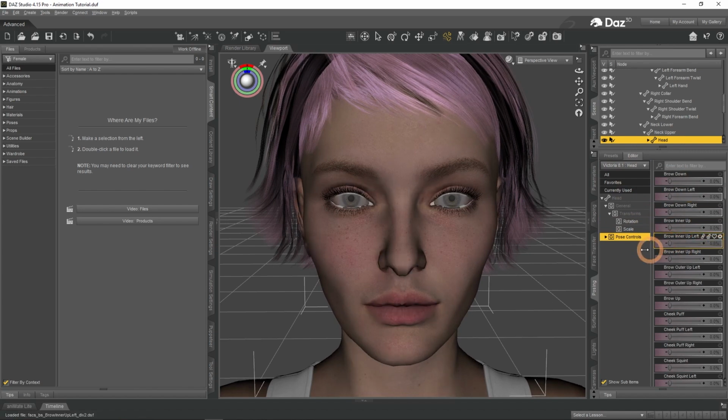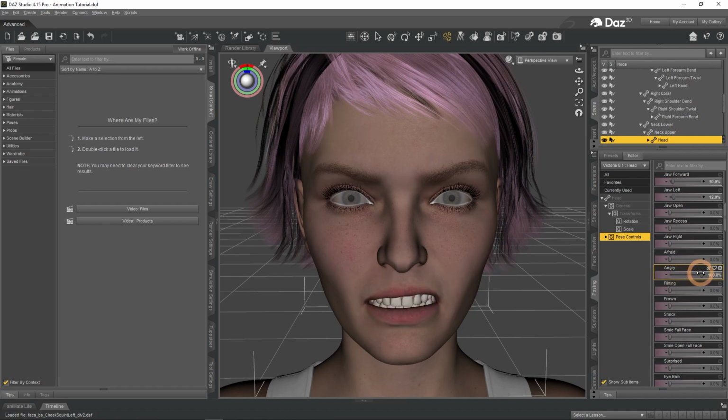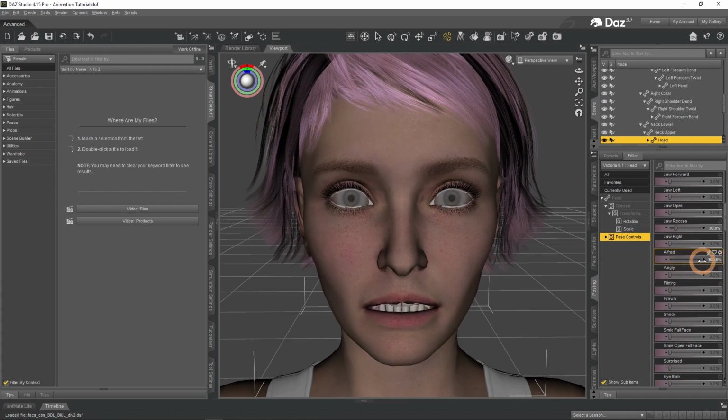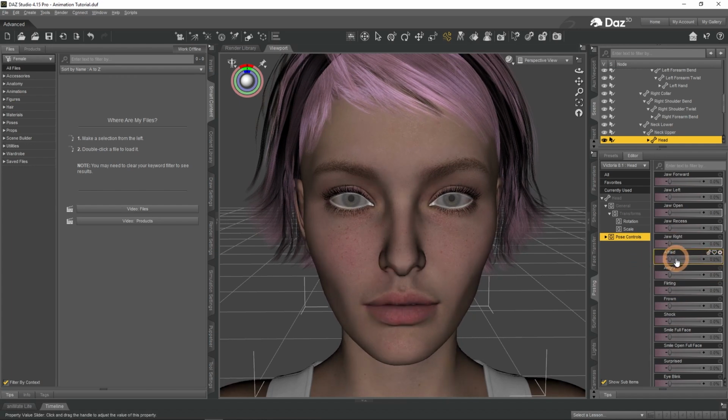Here are a lot of options to control the face expression of your character. You can move every inch of their face, such as brows, cheeks, jaws and more. Also here you can even find the face expression presets. They can make your character look angry or afraid just by changing the value. These face expressions are very detailed and you can even combine them to create some animations.